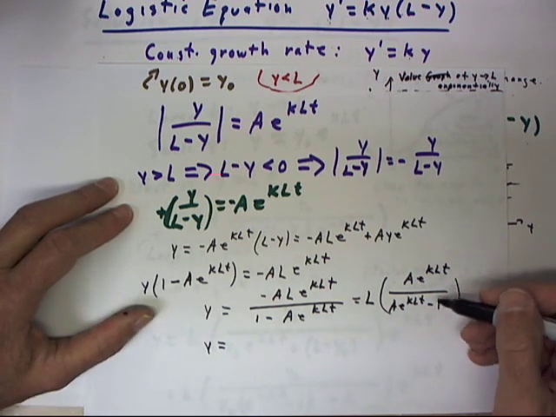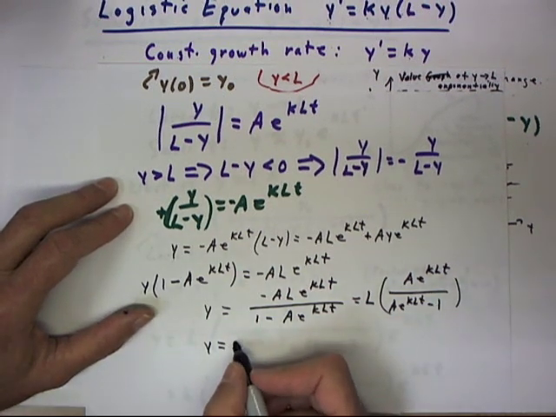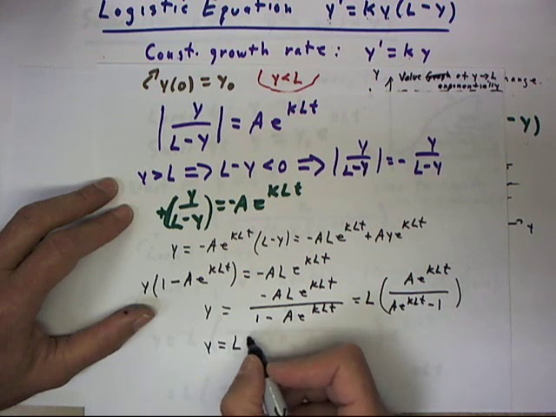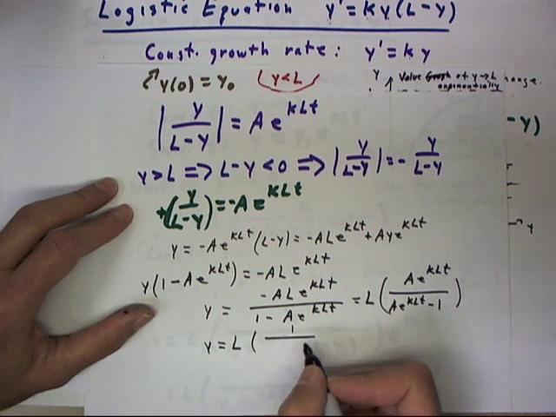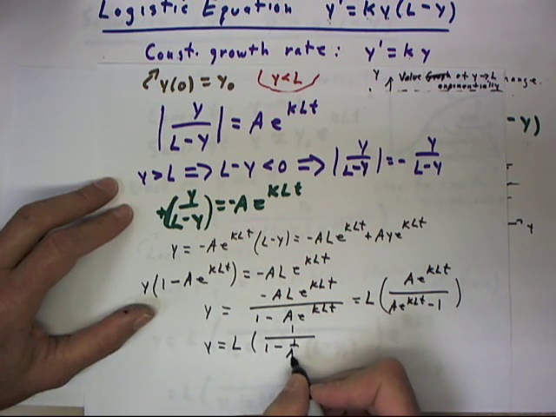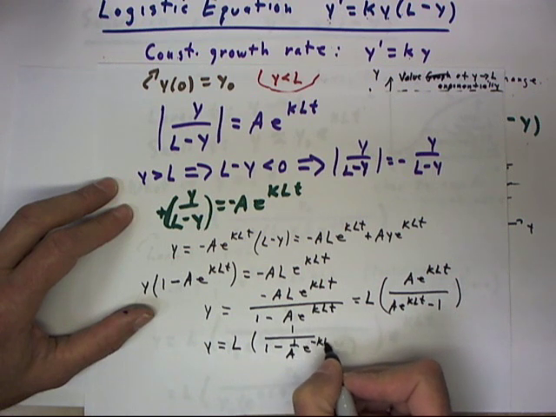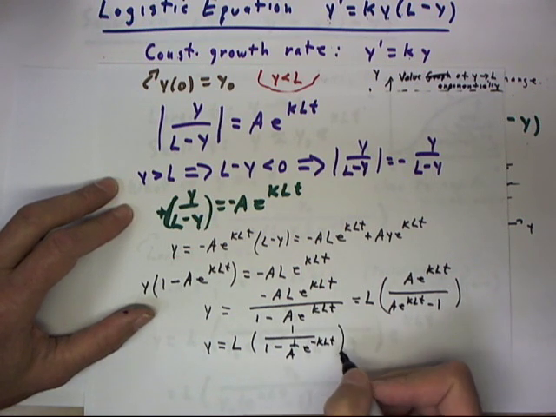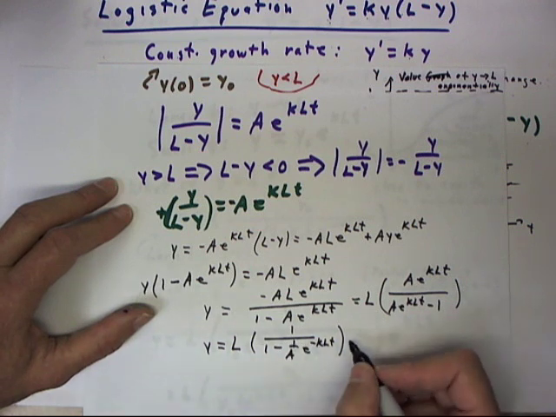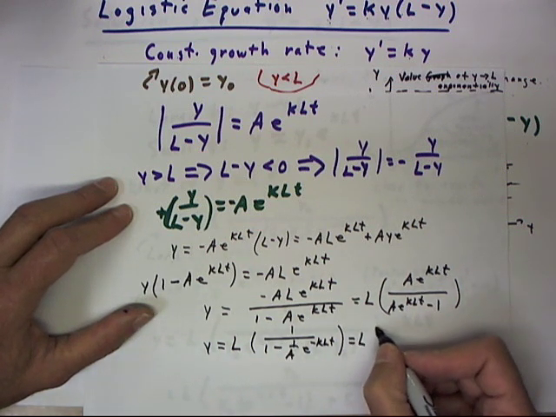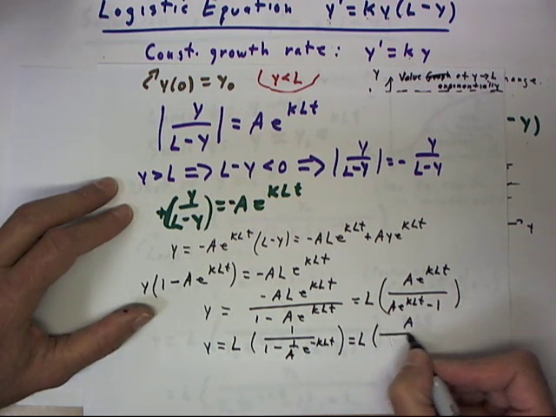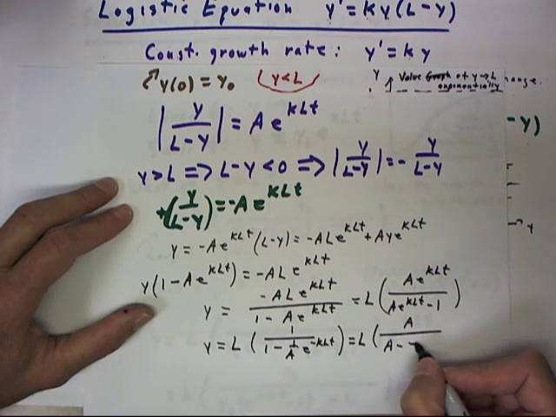And then dividing through by A e to the KLt, we end up with y equals L times 1 divided by 1 minus 1 over A e to the KLt. Multiplying numerator and denominator by A, we can end up with L times A over A minus e to the